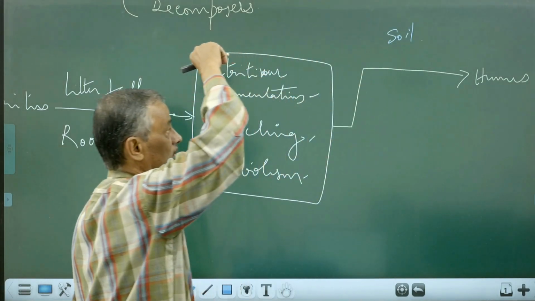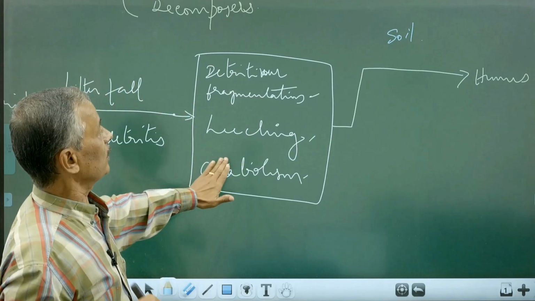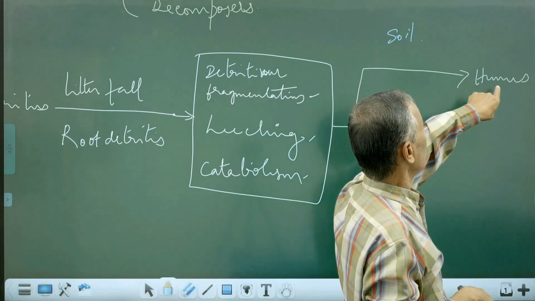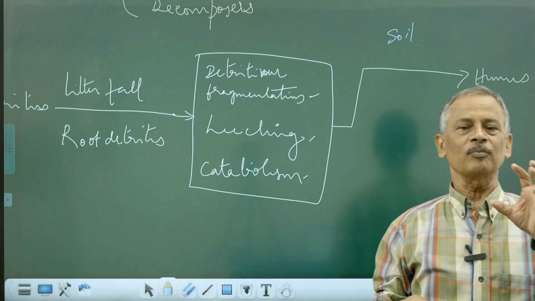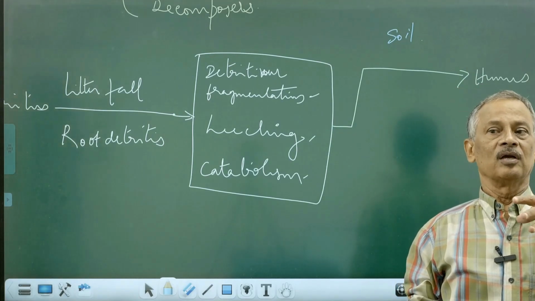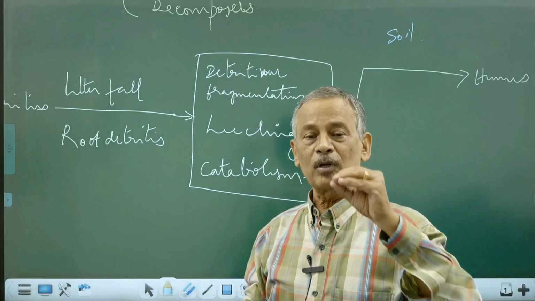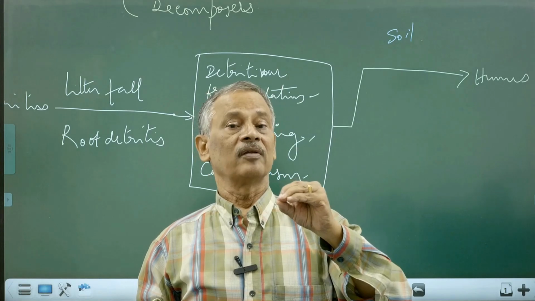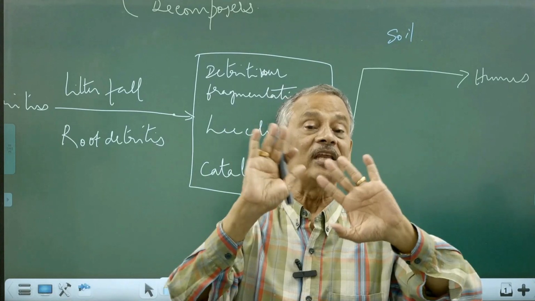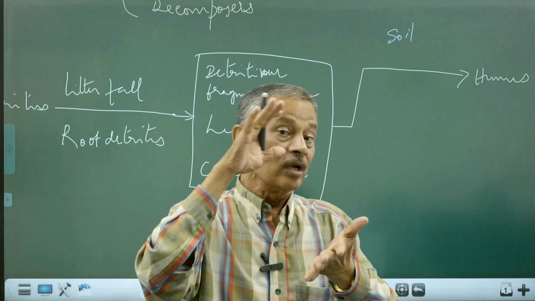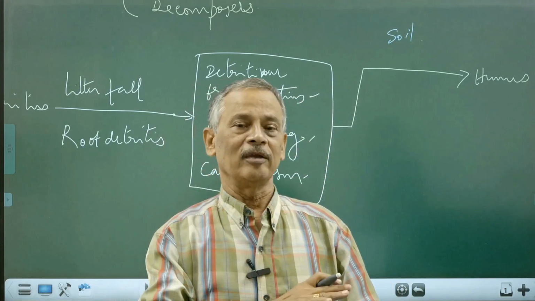What are they? These 3 events are occurring in detritus. Detritus undergoing these 3 activities may be converted to humus. What is humus? A brown organic material which is a colloid. Since they are all colloid, they will resist bacterial action. And because of their resistance to bacterial action, the nutrients present in them are not easily broken away by bacterial action. So they will be available in soil for a long time.